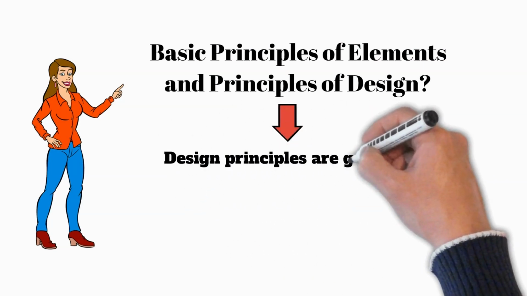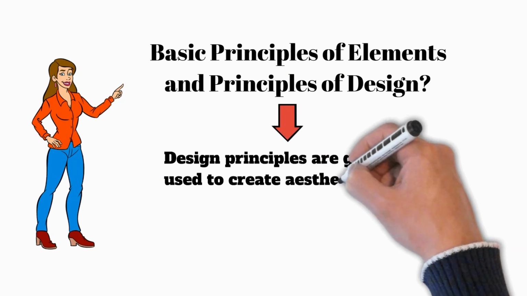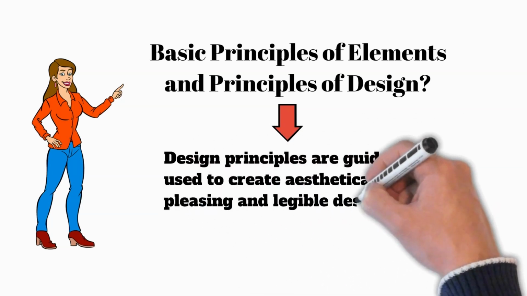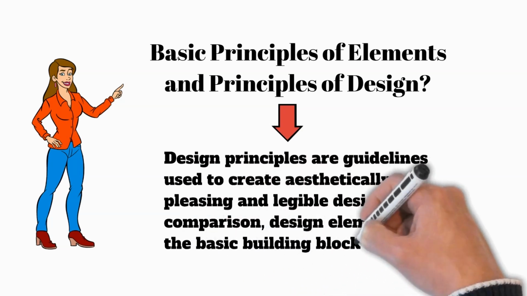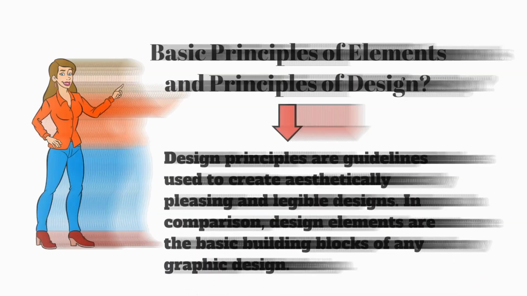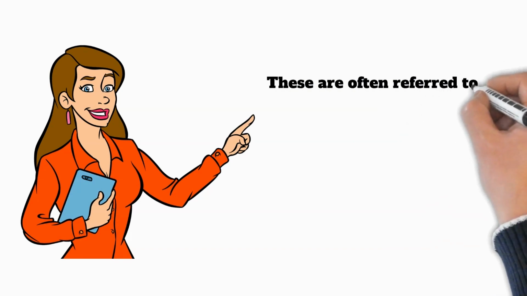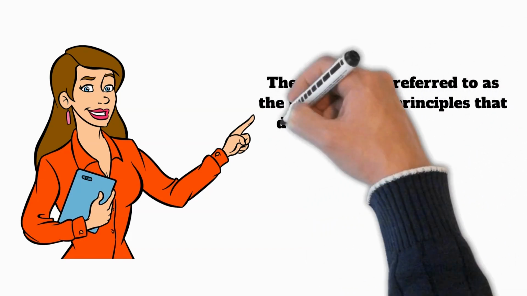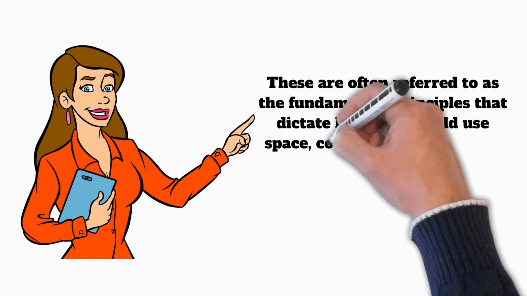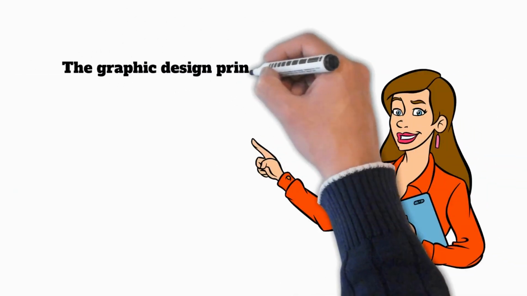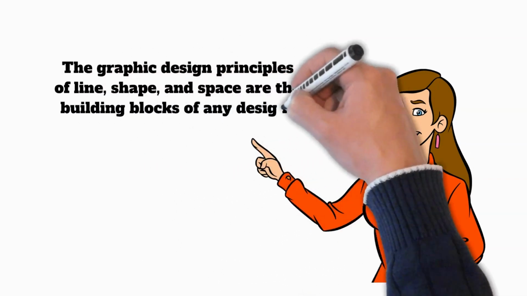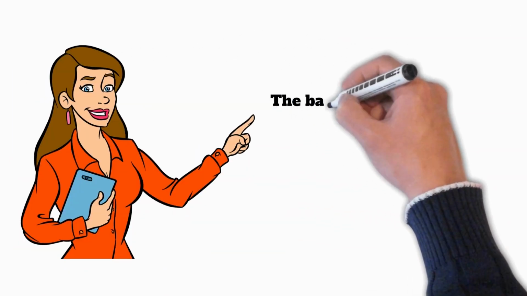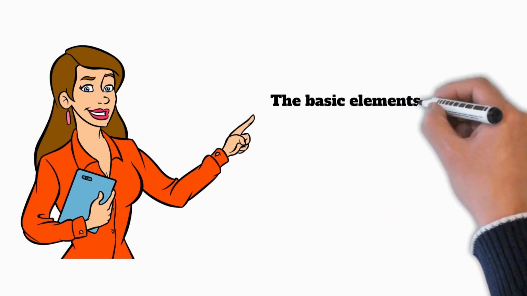Design principles are guidelines used to create aesthetically pleasing and legible designs. In comparison, design elements are the basic building blocks of any graphic design. These are often referred to as the fundamental principles that dictate how you should use space, color, texture and line. The graphic design principles of line, shape, and space are the building blocks of any design. The basic elements of design are: